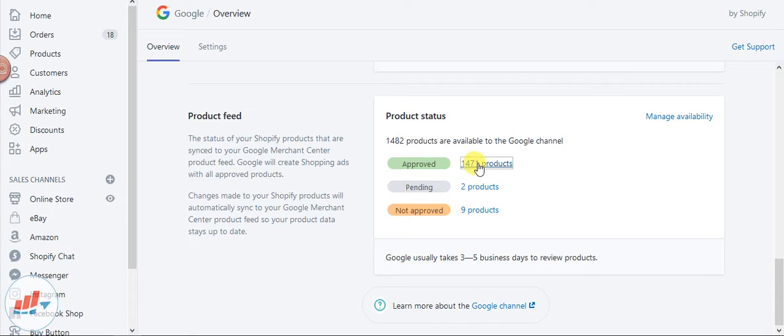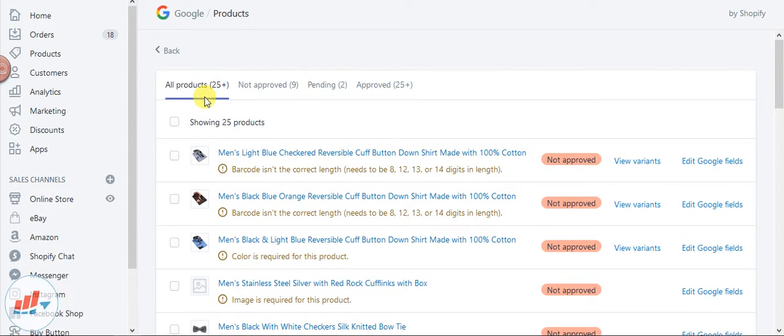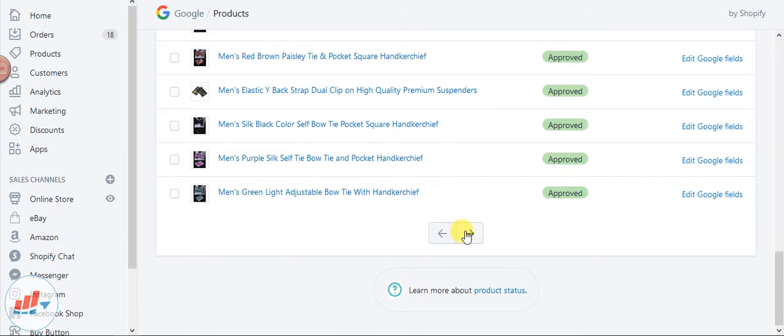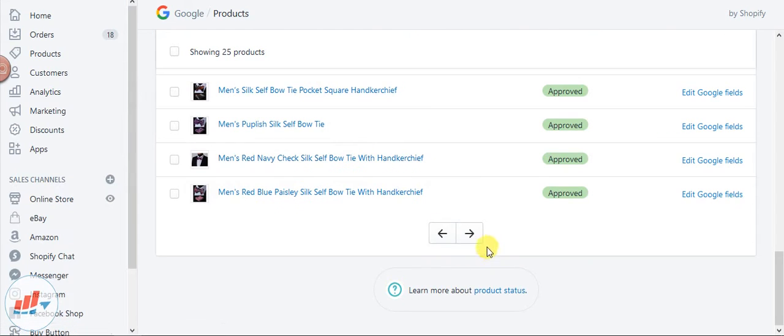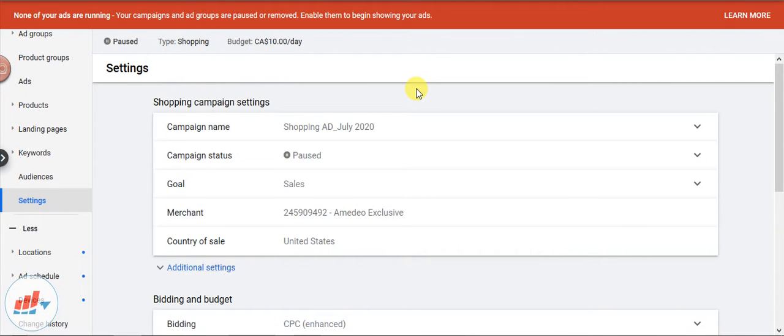So if we go to the product feed here, and for the available products, okay, in such a case, when you want to particularly run the shopping ad for particular products, then what you'll have to do is put some parameters into the product descriptions within Shopify itself, right?